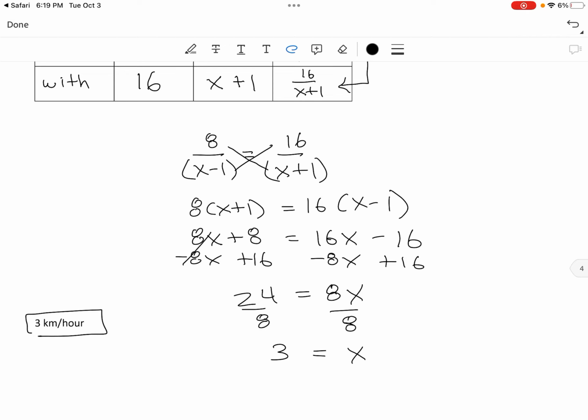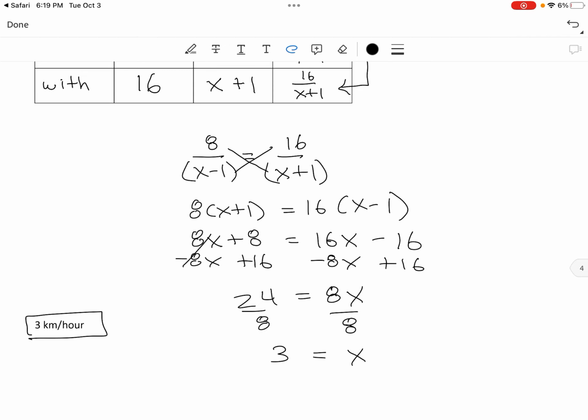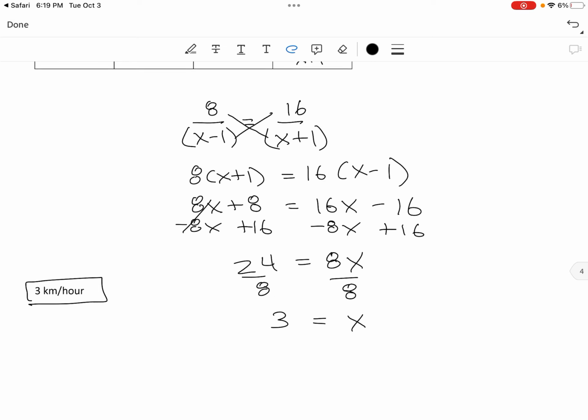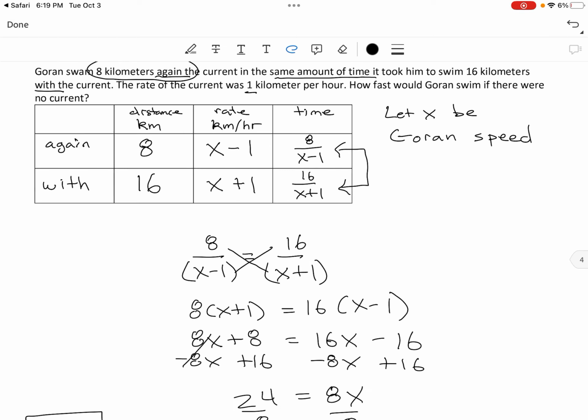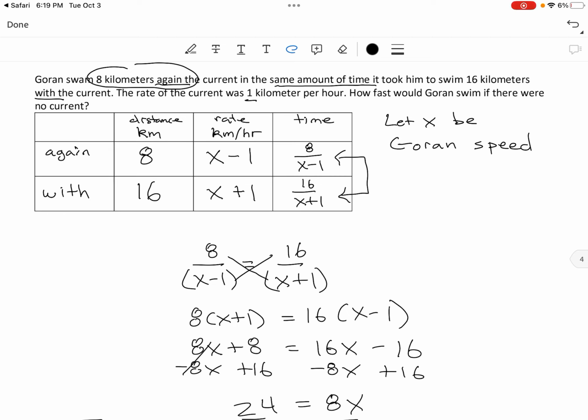Remember that we were looking for Goran's speed, regardless of whether the current is helping him or not. That's how fast Goran is traveling. But again, there's two distance, rate, and time problems. I hope